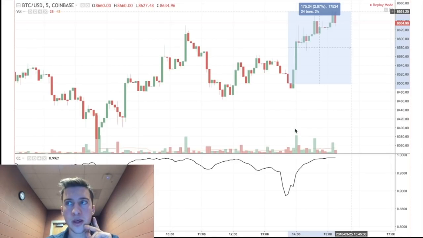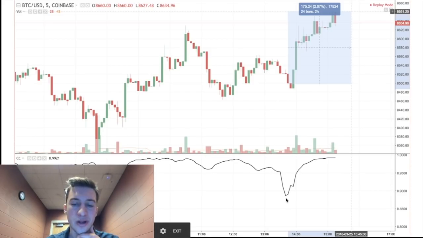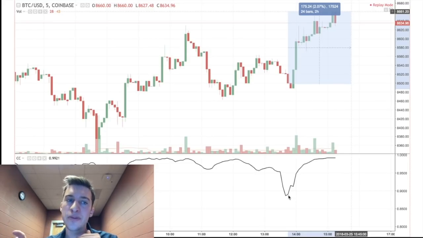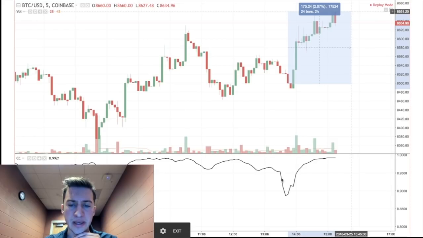One more thing, a question that you might have is, when do I enter? I see that the correlation coefficient is below 0.9, but when exactly do you enter? Well, you actually want to enter when the correlation coefficient goes down and then slightly moves up. Because what that shows you is that the GDAX Coinbase rate is beginning to conform to the Bitfinex rate. That's going to prevent you from buying in like here, when Bitfinex was actually moving up, and actually only buy you in about here-ish, these two candles.